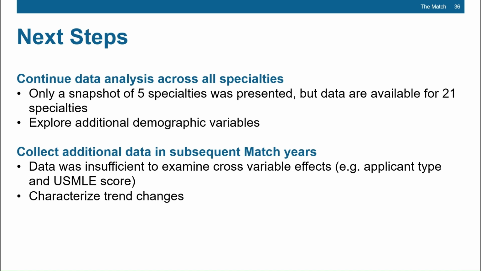This would hopefully enable us to take a more nuanced approach to examine, for example, USMLE scores of ranked applicants by applicant type, which we were unable to do given the sample sizes in our current data. It will also allow us to look at trends to identify how changes are occurring over time with respect to applicant